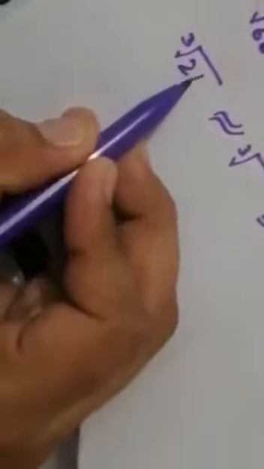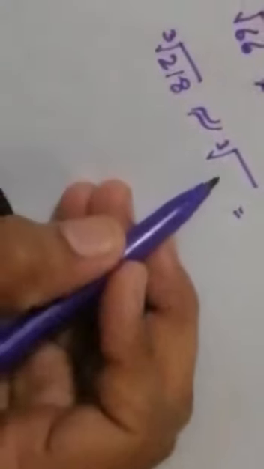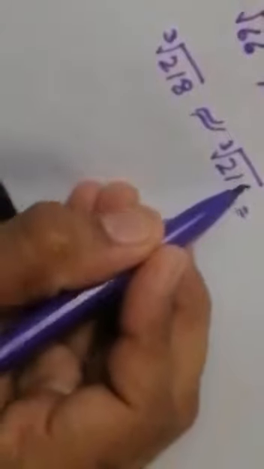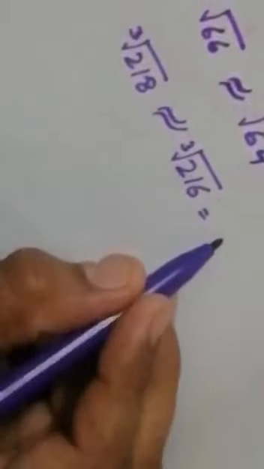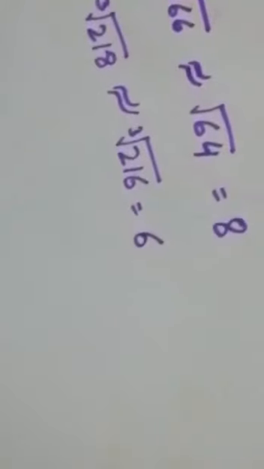Let's take another example. The cube root of 218. We know that 216 is a perfect cube. So we can solve this as 218 is approximately equal to 216, and it is a perfect cube. So the cube root of 216 is 6. In this way we can approximate the